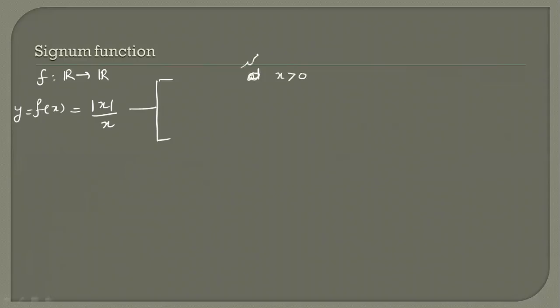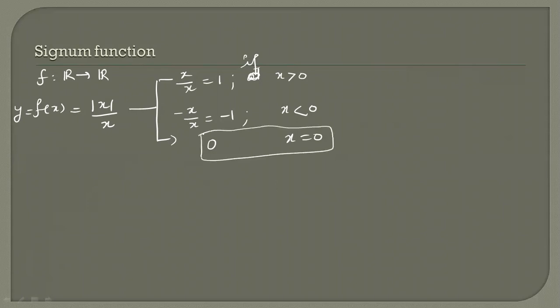If x is greater than 0, then mod x is equal to x, then x upon x will be 1. If x is less than 0, then it will be minus x upon x, it will be minus 1. At x equal to 0, I am defining it here as 0. You can define the signum function this way, but sometimes people do not define this point also. But if you define that x equal to 0 is 0,